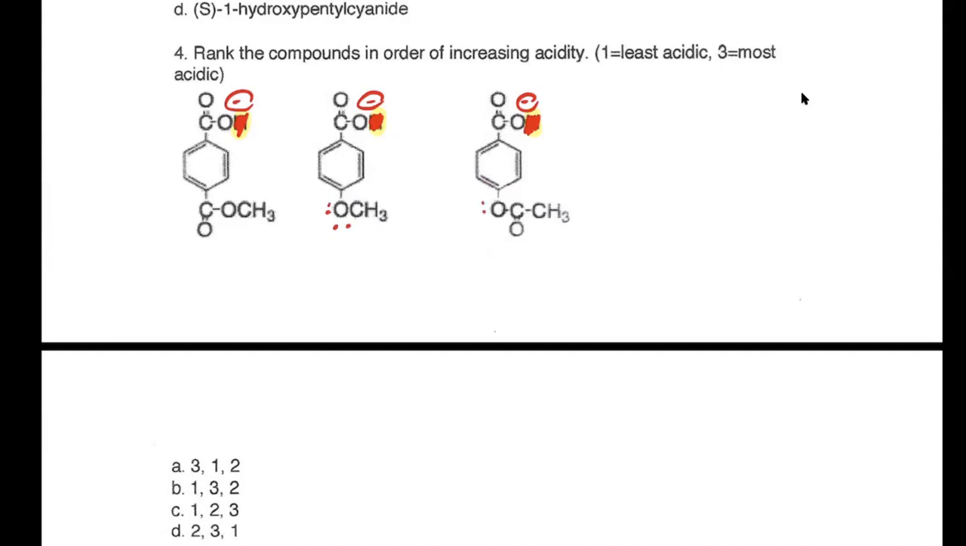I always like to draw the lone pairs on there. So the one in the middle is going to be the most donating because it's a methoxy group. The oxygen has lone pairs. They can resonate inwards. For that reason, this is an EDG, an electron donating group, and thus it's destabilizing our conjugate base in comparison to the other two. So of course, this one is going to be the least acidic. So if we had the standard boxes here,